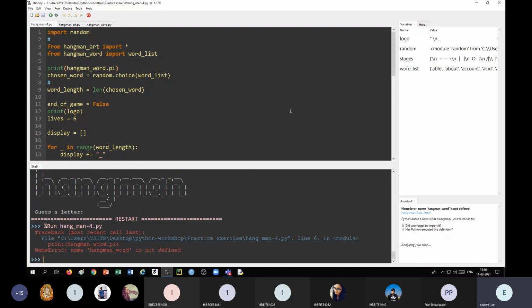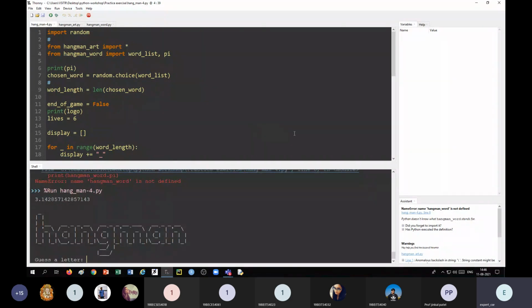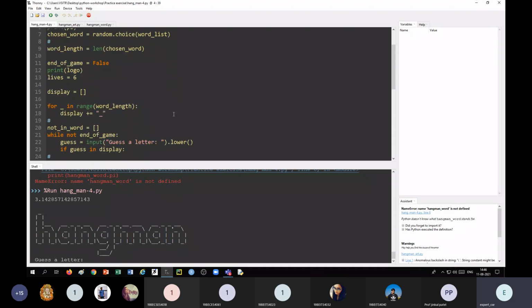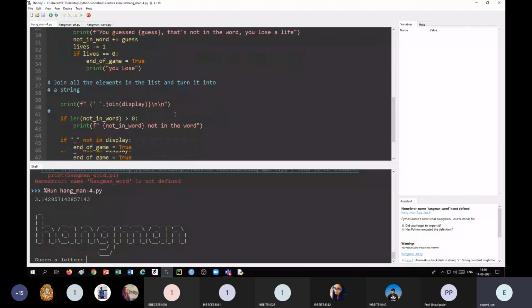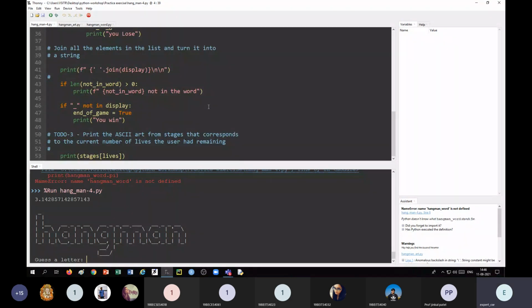Now it is working. It is declared in this way. I think this must work now. Right. So these are the changes made in the program to make a better user experience.